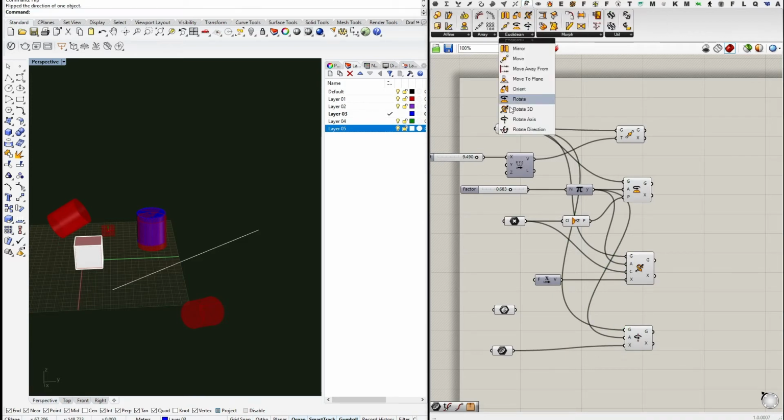So this is about rotation. There's one more component, but I think you can test it for yourself. This is not so important. And the third kind of transformation tool that we will look at is Orient. Orient is a very practical tool